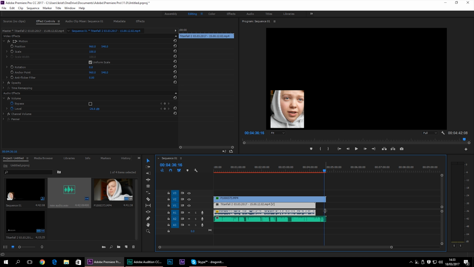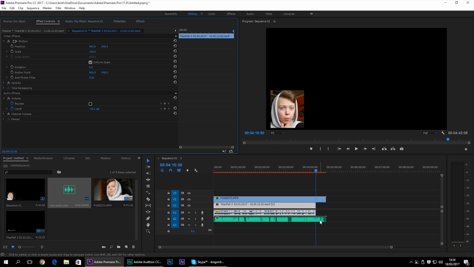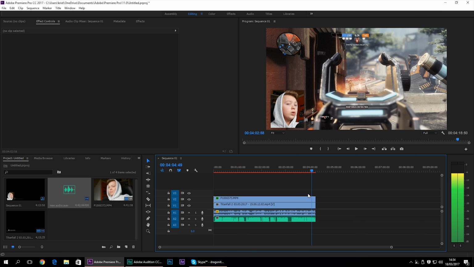What you do, you go to the end of one of the clips by going in here, then doing this. Now this is where I press. Then you press C to get the crop, then press Shift. And now you can see every other thing will be cropped. Then you press delete, press delete, and now as you can see, everything is 100% square and nothing is longer than the other things.